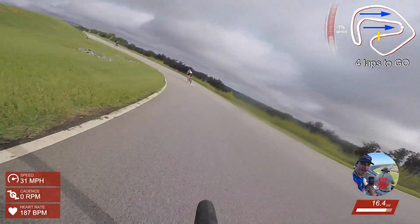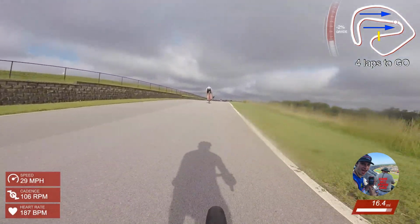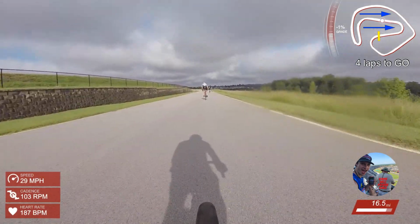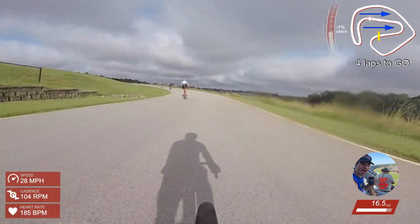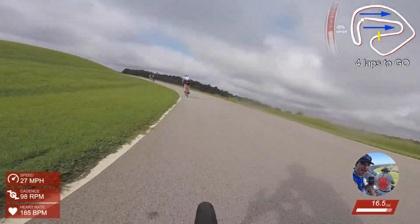So now I've got a big gap, and I've got to try and go catch Colin. I'm not sure how many riders are behind me. I want to say maybe about 4, maybe 5. Obviously, it's at least 2. Jason and Josh are just behind me. But I'm doing a mega pull right here for me personally, trying to catch up to Colin. Luckily, it's all slightly downhill, but I know up front those guys are all trying to group up together